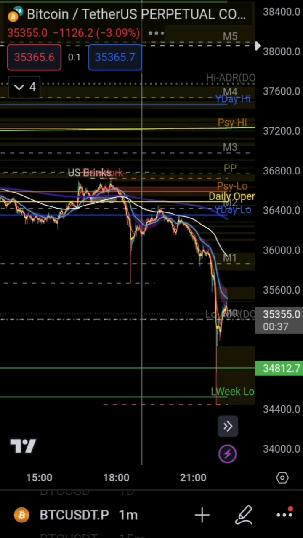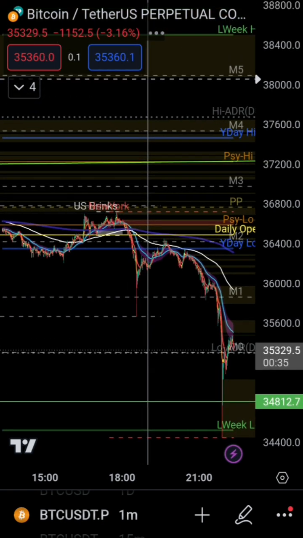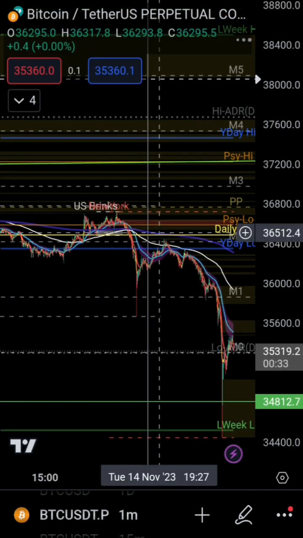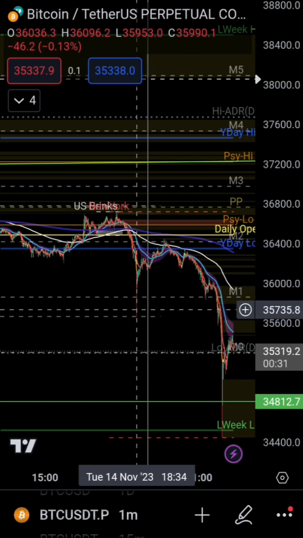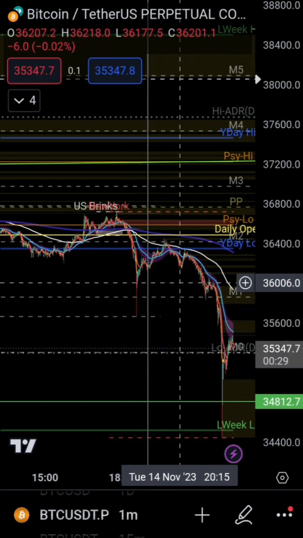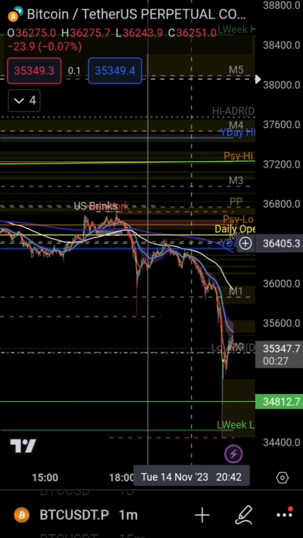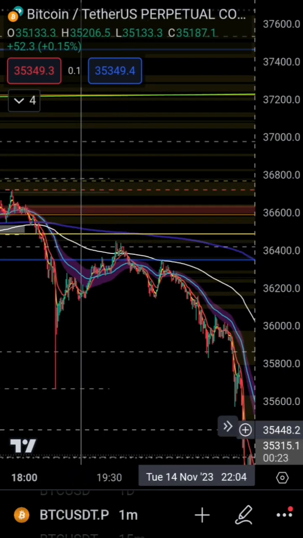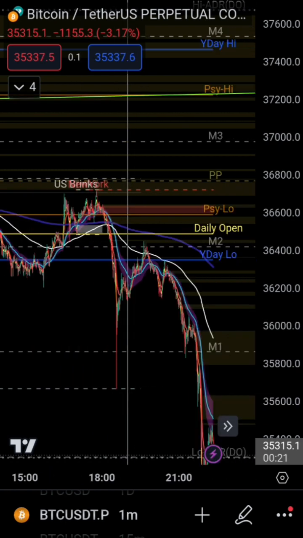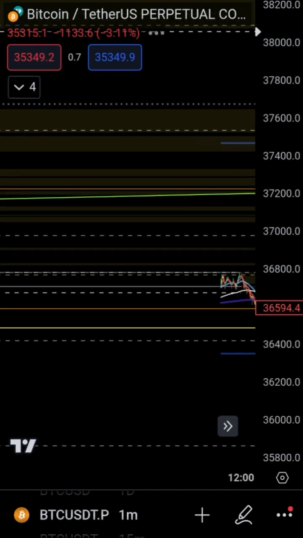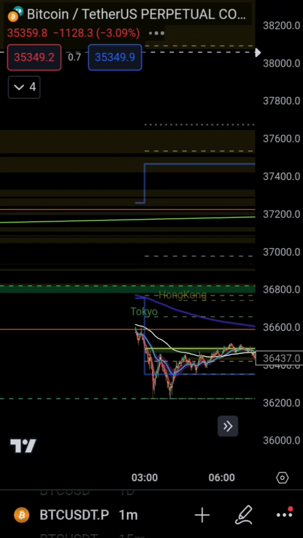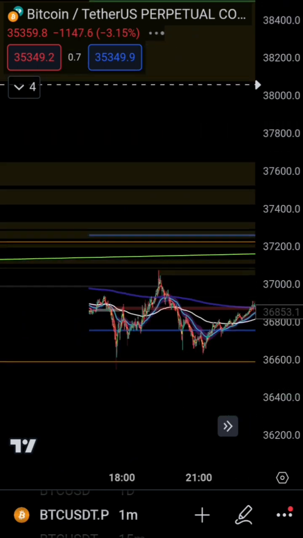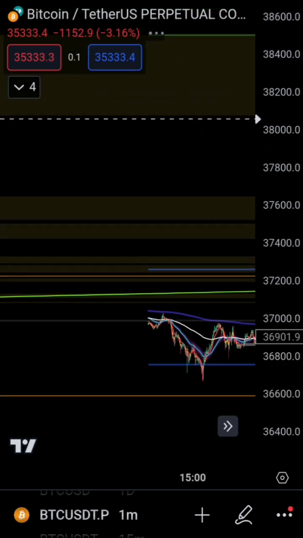Every move down, you get some sort of V-shaped recovery, thinking that this could be the move that would take you higher, so I'm going to stick to my long. You get a bounce, then it's giving you a chance to come out. You should take it as an opportunity. It came all the way to the daily open, almost touched it, and went down. So if you saw that, you would be considering going short, but closing your longs. Why did I say the other day that 38.5 would have been a good place to short?